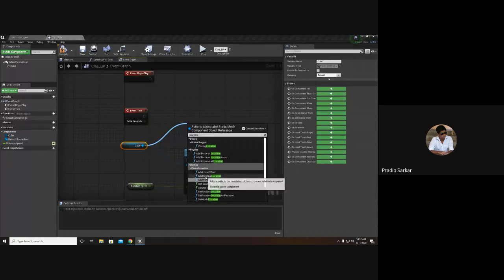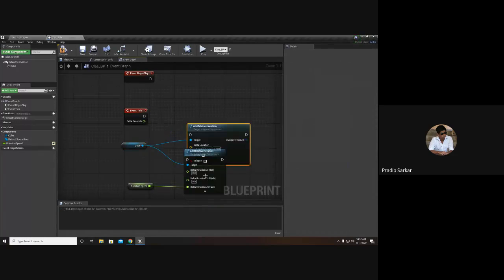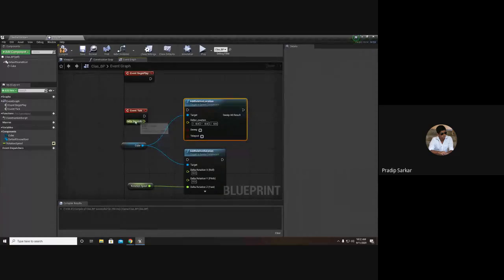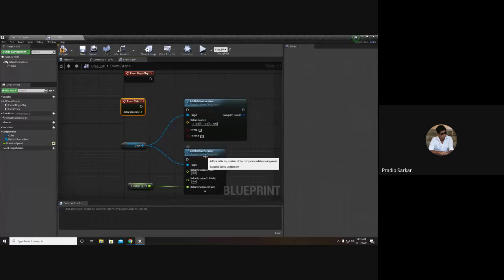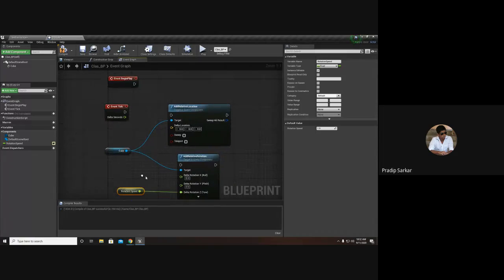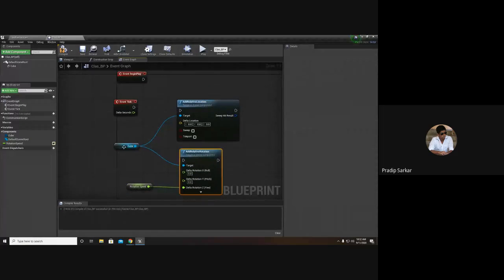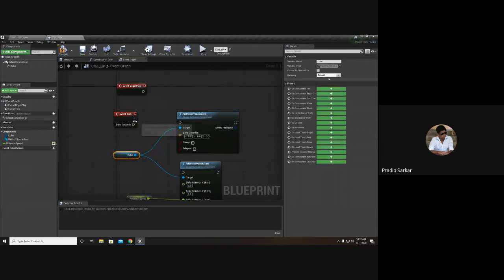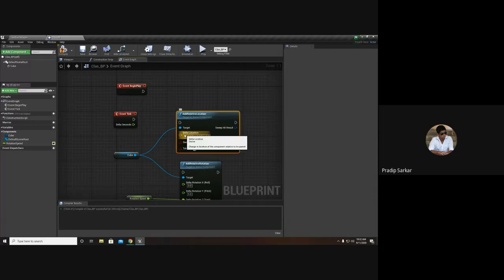Now I will select Add Relative Location. Same as before, it is asking me for a delta location.